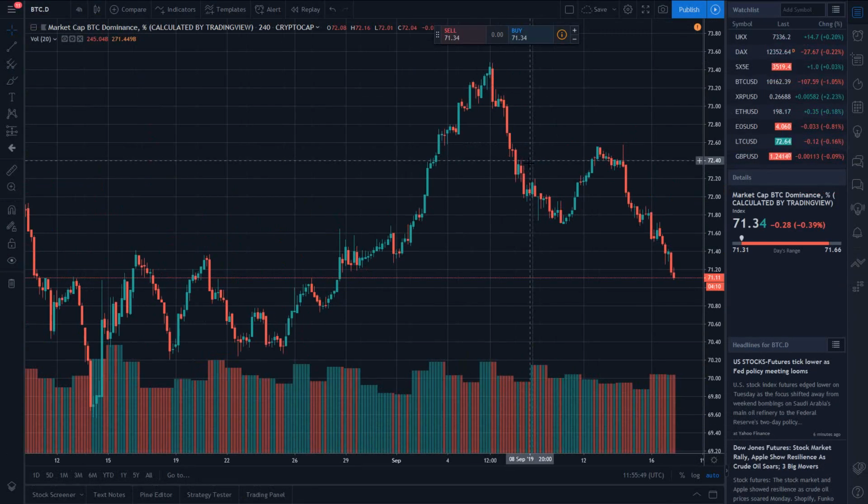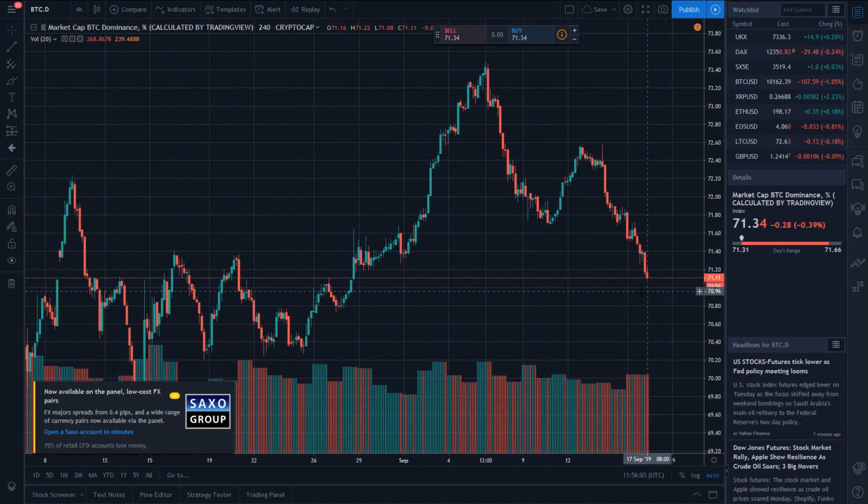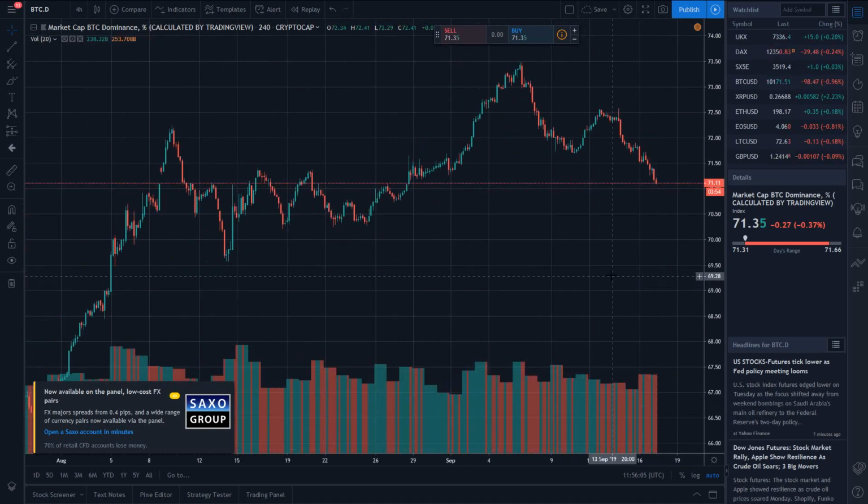So Bitcoin dominance has been falling, and it's actually just in a bit of a recession situation at the moment. We've broken through these areas here, which we thought that we would find bounces at. We didn't find a bounce here. We in fact only just came further down, and it looks to me like we actually want to come down even further than this. We're only on a 4-hourly chart here, but realistically, the next level of support is kind